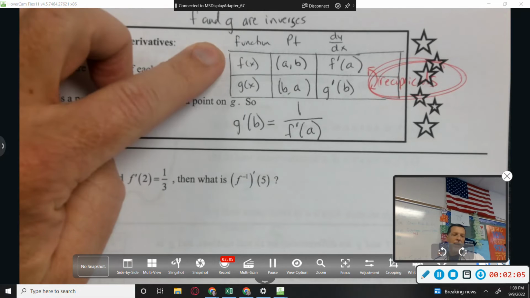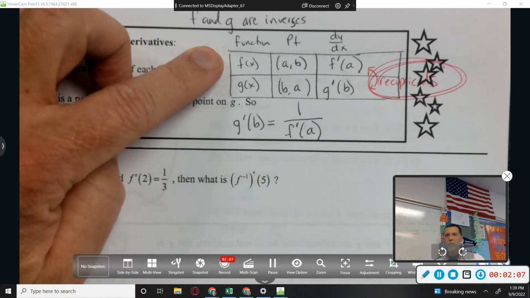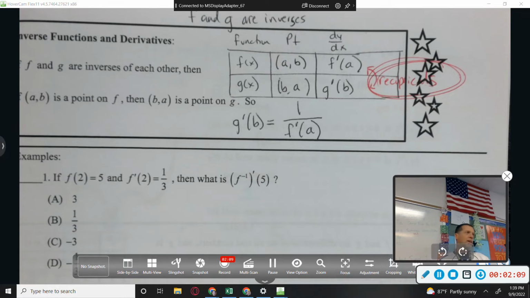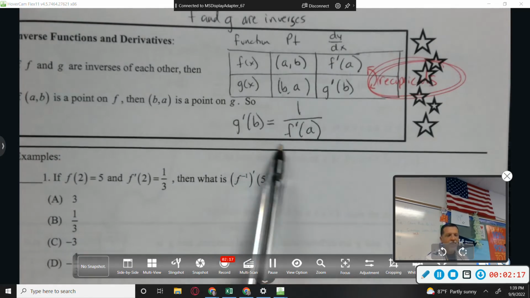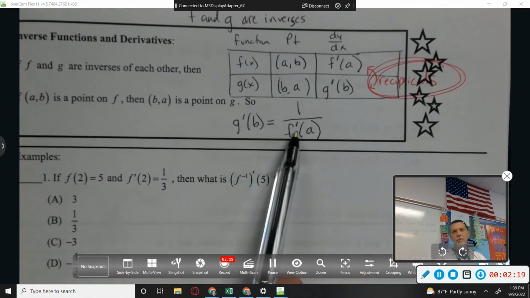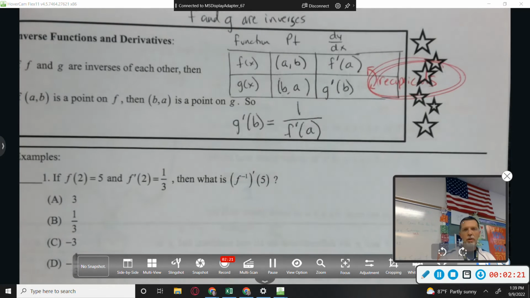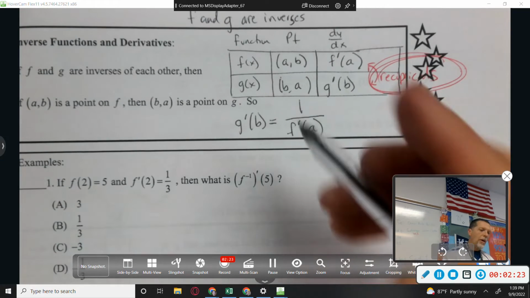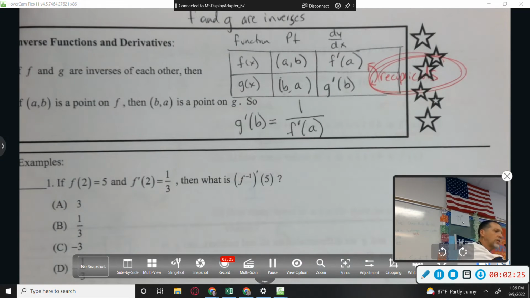To me, I like making the table because then I can keep straight who's a, who's b, where does a go? a goes with f, b goes with g, and then my derivatives need to be flipped of one another. This says the same stuff. It says it a little bit more condensed, but because it's more condensed, it might be more confusing. So, however you want to remember those,